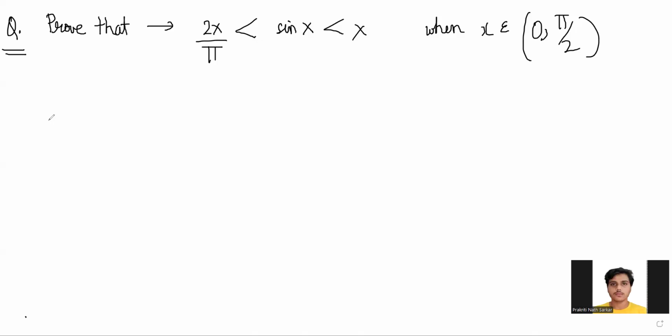Sir, the curve of x is always above the sin x curve, so x is always greater than sin x. We can say in again, 0 to pi by 2. Again, that is an assumption. What you have just said is, how do you know that the curve of x is always above sin x? Because at x equal to 0, the derivative, the slope of x and sin x is the same, 0. Mm-hmm. But